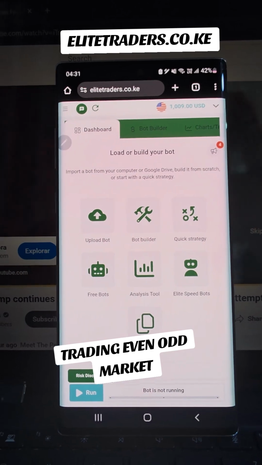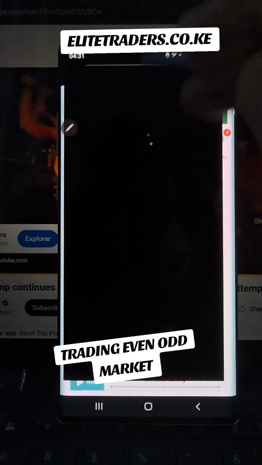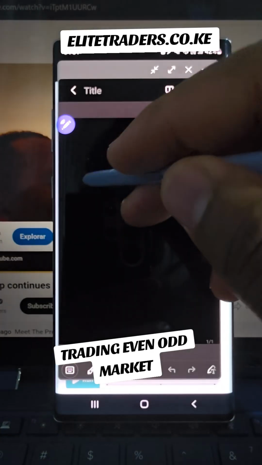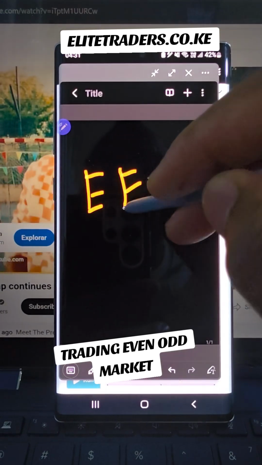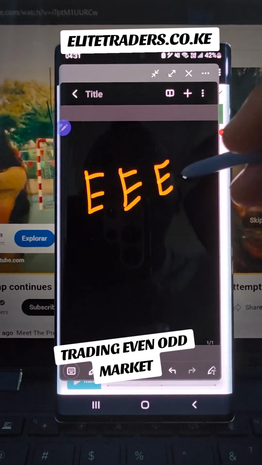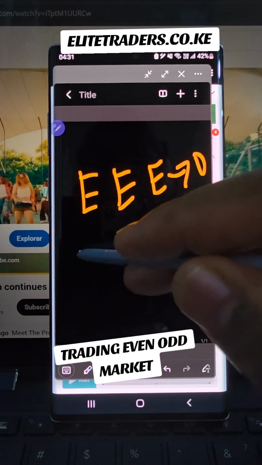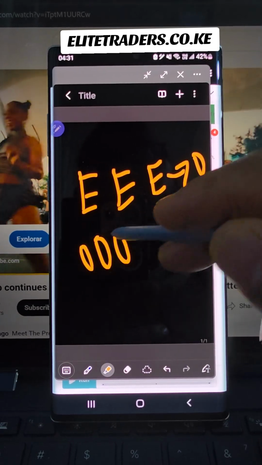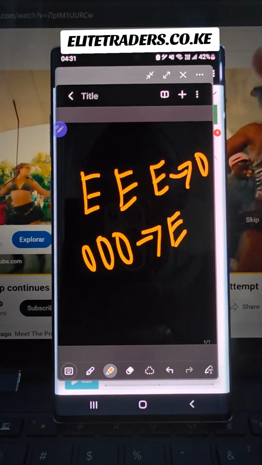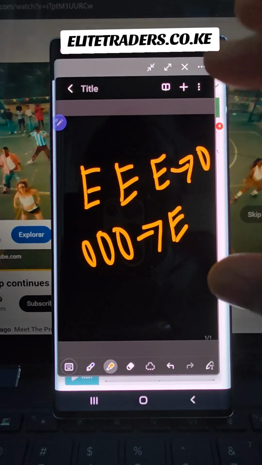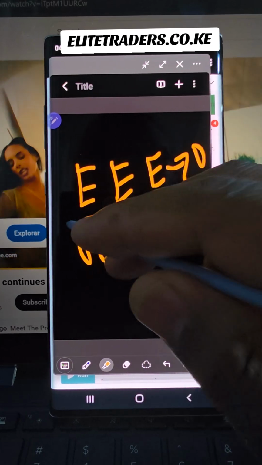I was just passing through the comments and I saw someone asking for a certain robot, like a robot that checks for, for example, 3 even digits, then executes on odd. Or a robot that checks for 3 odd digits consecutive, then executes on even. All these kinds of robots that you are thinking of, anything you can ever think of trading, just know that